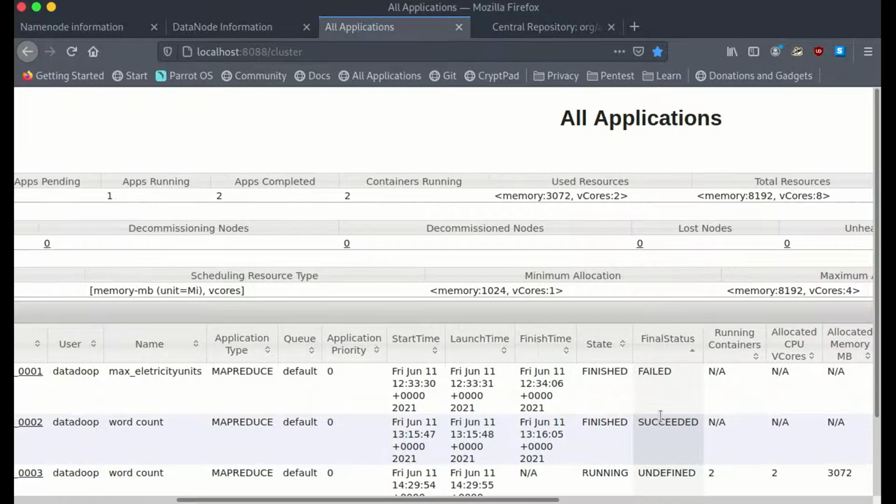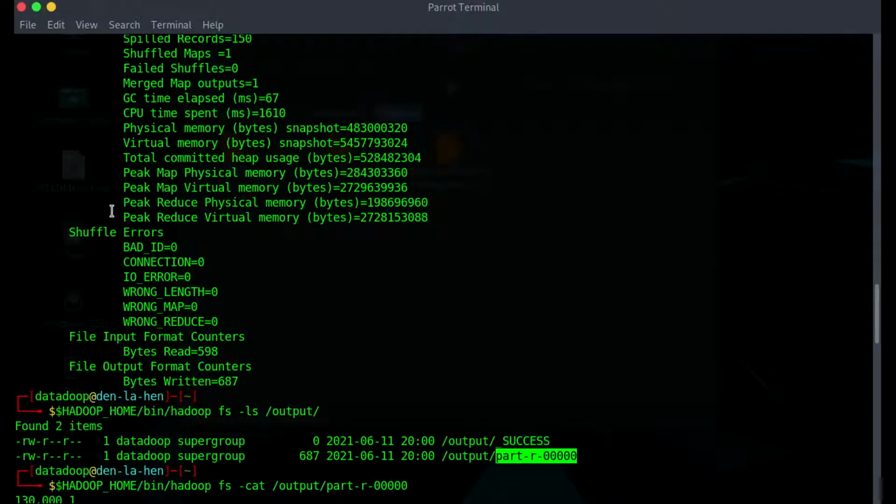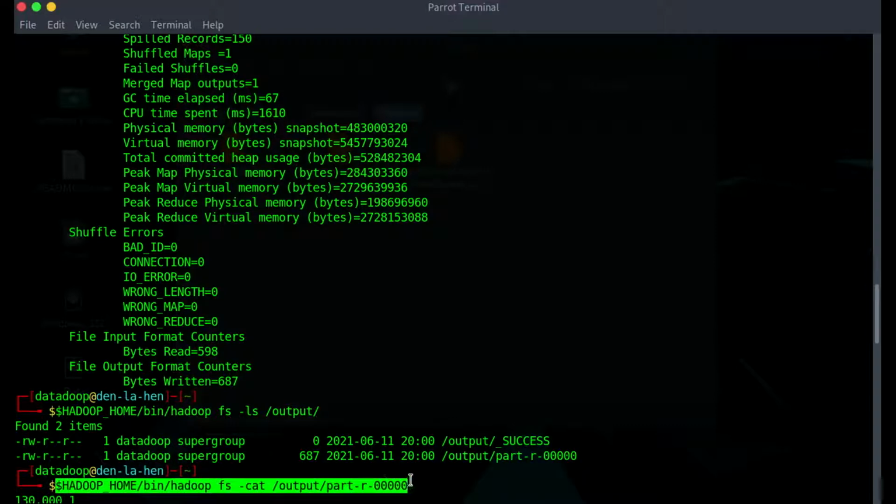So most of the states here are not applicable because this job is already executed and over. I'm just showing you what has been executed, okay. If you execute it for the first time, you will see all the necessary information in your web browser. So if you open that generated output here with the command